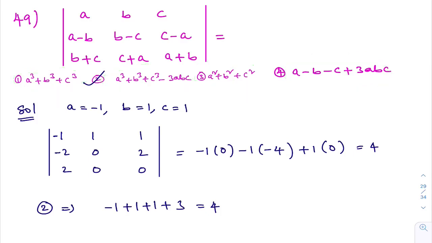If you want to know the direct method, I am telling these shortcut methods, tricky methods, so you have to be very careful. Here you see I have taken A value -1, B value 1, C value 1. Instead of this, you can take A value 1, B value 1, C value 1 also. If I take like that, this will become 3, and this will also become 3. So confusion will come. So I have taken these values so that all options give different values, right?